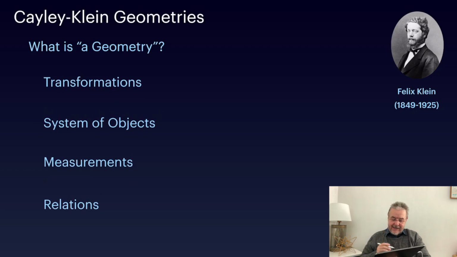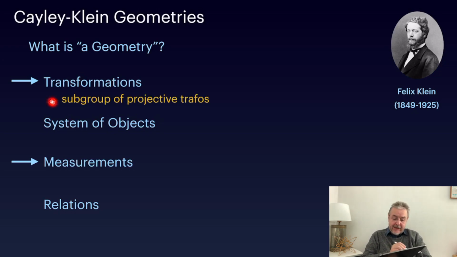And this Erlangen program somehow turned these things upside down. It put transformations in the first spot. So essentially, transformations are what define a geometry. And it also focused on the central role of measurements, everything within the general framework of projective geometry. So the transformations he considered always were subgroups of projective transformations. And then, obviously he had systems of objects like points and lines,